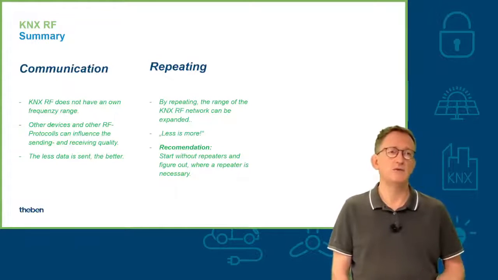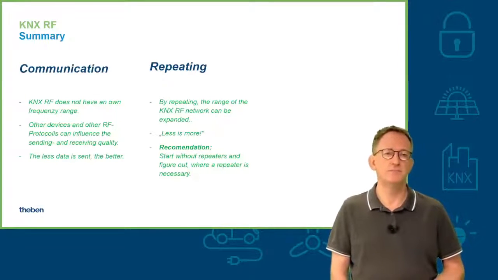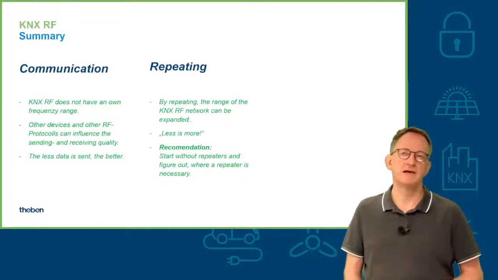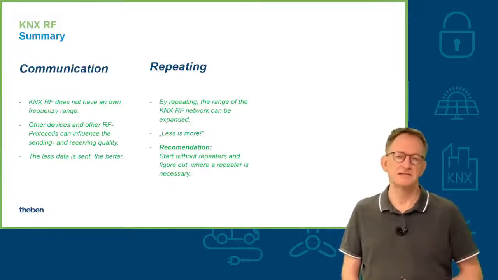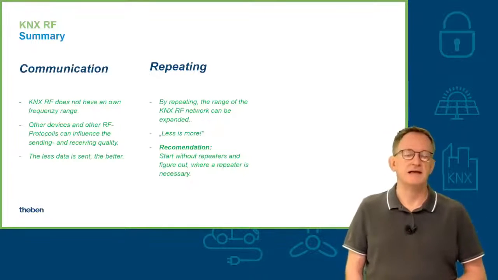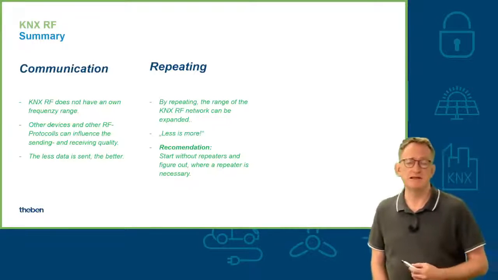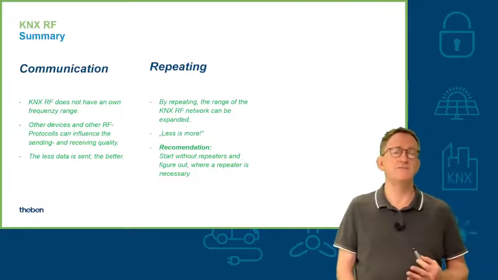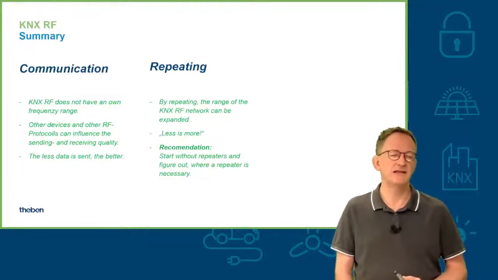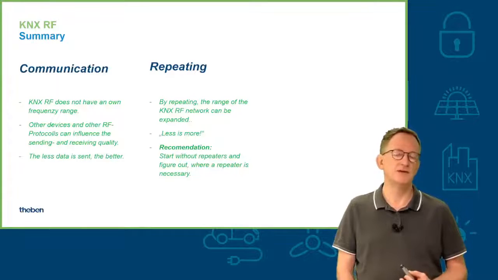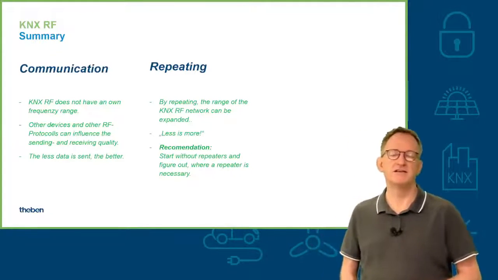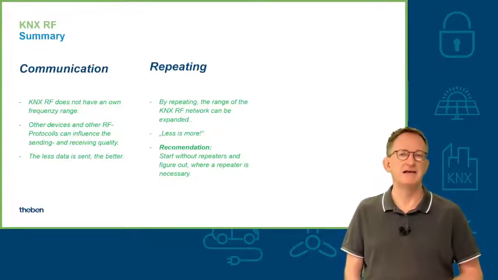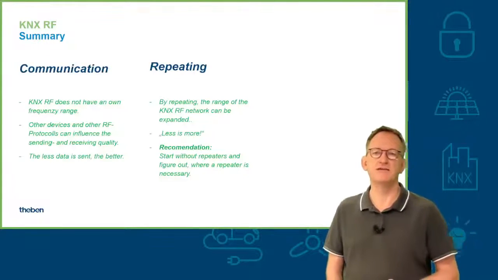Really think about where repeating is necessary, where you can put the repeater in a device so that it can really send out its telegrams very well. Start with one repeater, then verify if it has improved or not. If not, then use another device and configure it as a repeater. If it is working, fine. But please do one repeater after another, not all of them in parallel. That wouldn't help, as I have explained already.